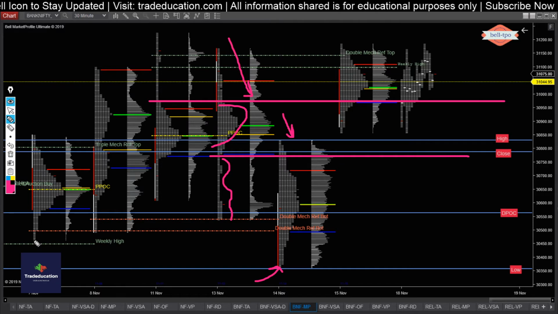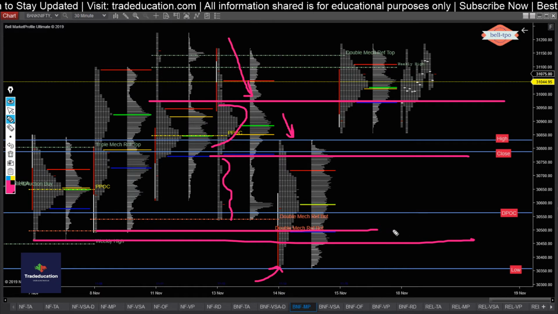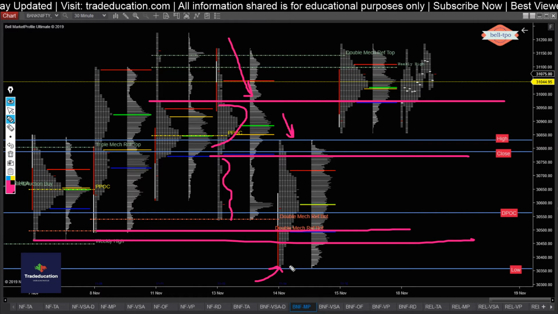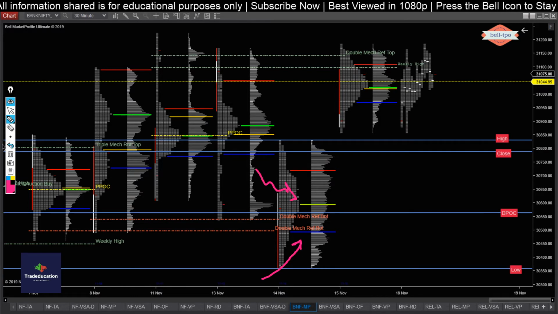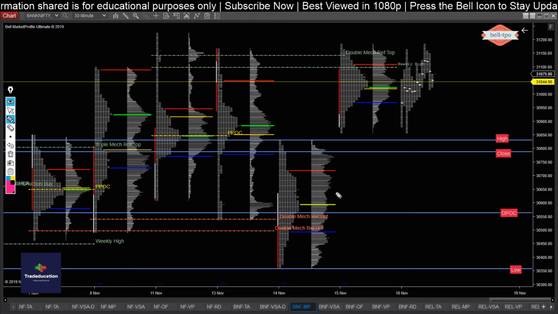It cleared all these weaker references, and the buyers then started winning the auction, and yesterday's close was on the higher side. This is what the overall context was telling me in Bank Nifty: even though sellers were trying to push the auction down, buyers were the ones winning the game. So currently the control is with the buyers.